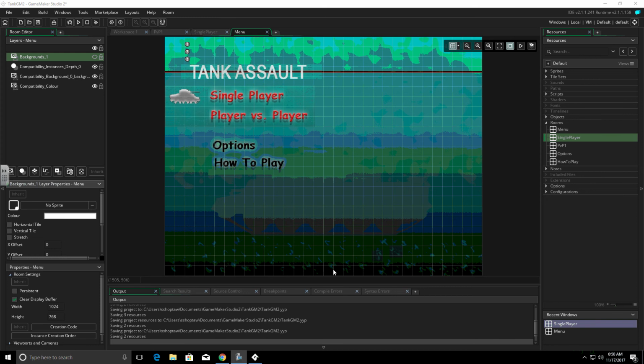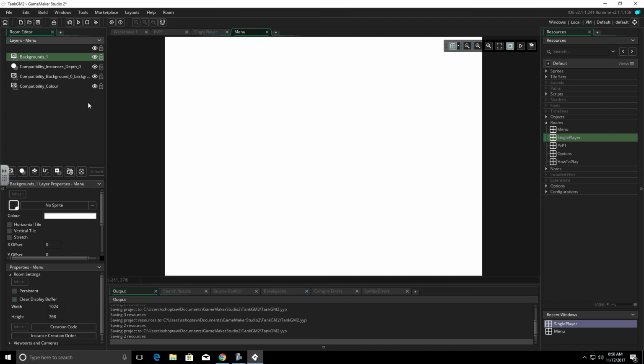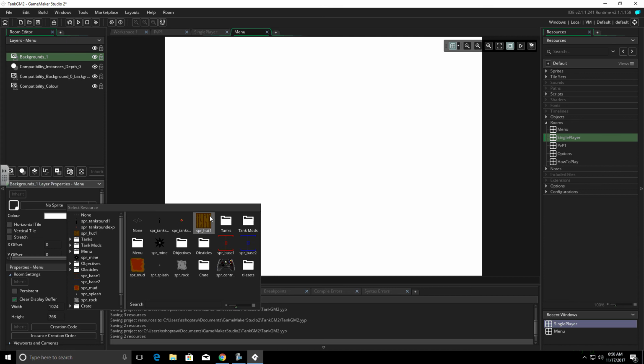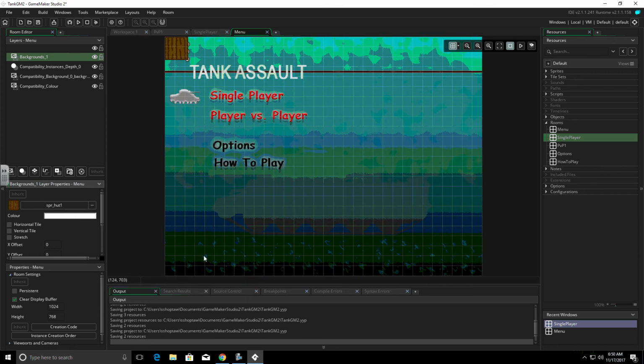Now, before we go any further, let's take a look at the menu just below that. That's actually the room properties. So I'm going to turn backgrounds 1 on again, or turn the visibility on again. And let's look at what we have as options down here. So we can create a sprite for the background, or we can actually apply a sprite to the background. So if we've already got a background made, or we want to use one of our sprites that we've made, we just click. We can see now the background has taken that sprite.